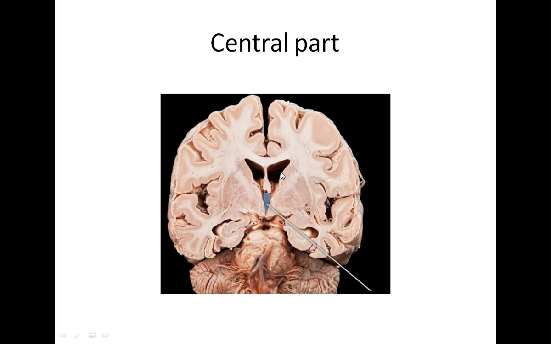The roof is formed by the trunk of the corpus callosum. This is the corpus callosum. This section is a coronal section. So here you can see fibers of the corpus callosum. So the roof is formed by the trunk of the corpus callosum and the medial wall is formed by the septum pellucidum. This one is the septum pellucidum, and by the body of the fornix. So this is the medial wall, this is the roof. It is common to the two lateral ventricles. Medial wall common to lateral ventricles.